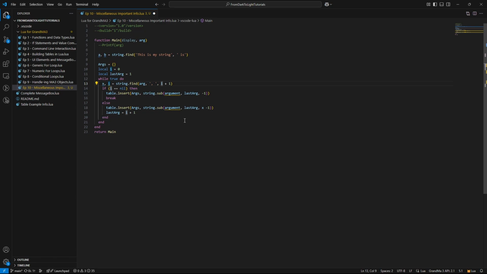Then whenever there are no more commas, we still want to save the last argument. So we do the same table insertion, but make the last character -1. That refers to the last character in the string. And then we break out of this otherwise infinite loop. Whenever there are no more commas, this is going to look for this comma and it's not going to find it. So x and i are going to be equal to nil at that point. Then table.insert, we do the same thing as before, except that instead of x - 1, since we already know x is nil anyway, we just do -1 because -1 is going to be the last character in the entire string.